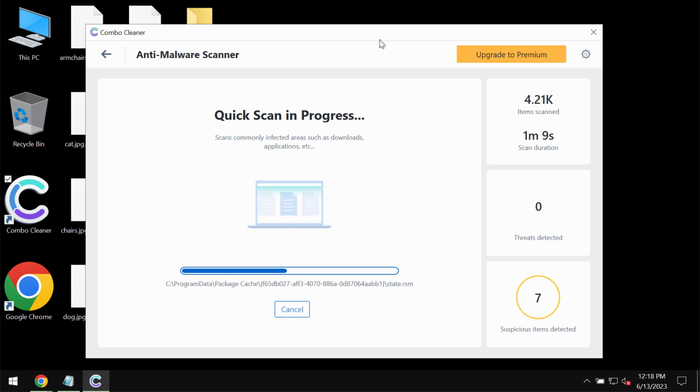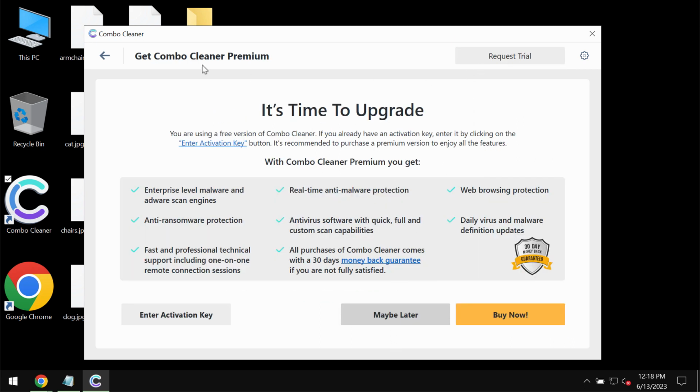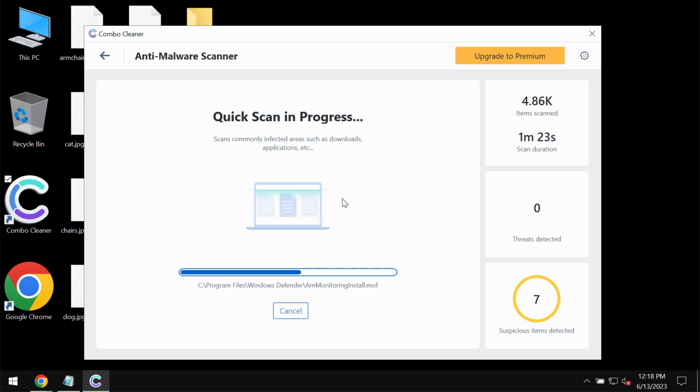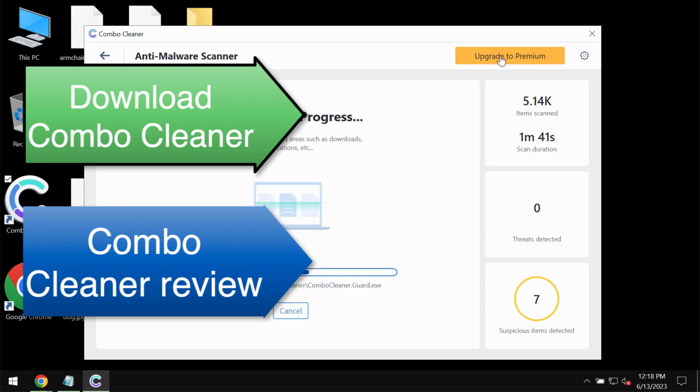At the end of the scanning, you'll see the summary of the threats. You'll be able to know their exact locations. So consider upgrading to Premium, which will help you to fully remove this ransomware, to remove any other possible malware, and of course to get your files always protected from further ransomware attacks. So Premium license is what you need, and you may always request for the free trial to fully evaluate the